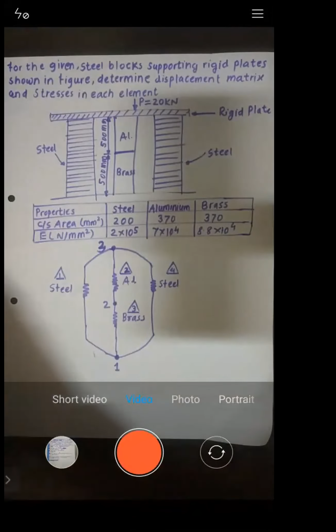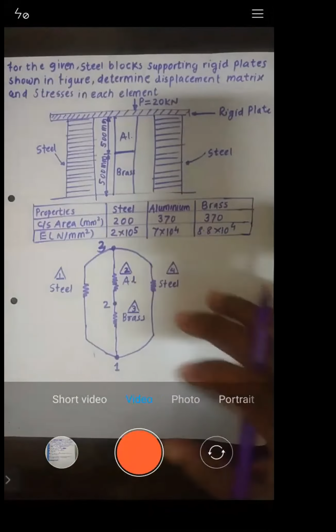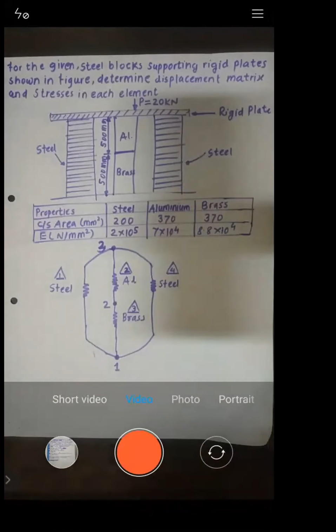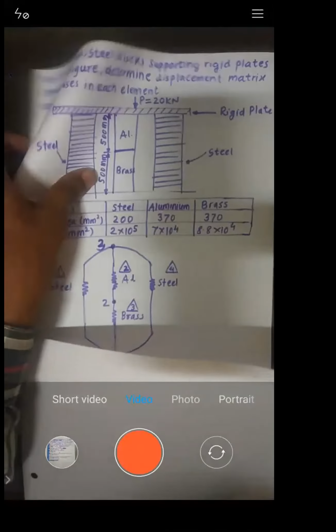Okay. Yes, sir. Now see, this is how we are going to proceed to the solution of the problem. So this is the very basic step, forming the nodes and elements, right? So what is the next step? As you told, we need to go for EME, element matrix equation.